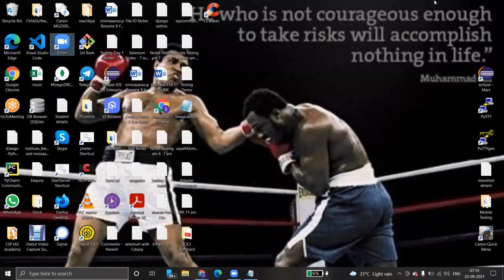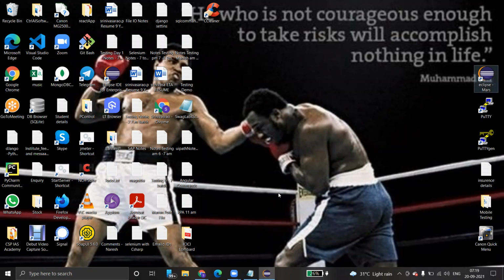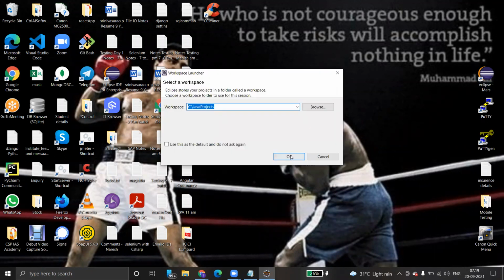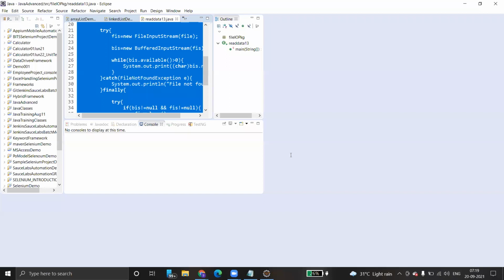Very simple. First, open Eclipse. So this is the Eclipse file. Just open it. Just click OK. So this is a file.